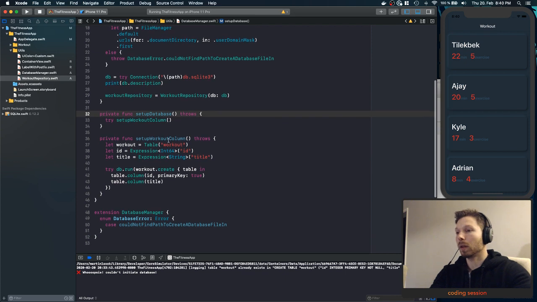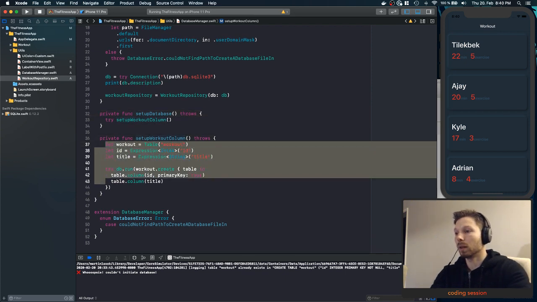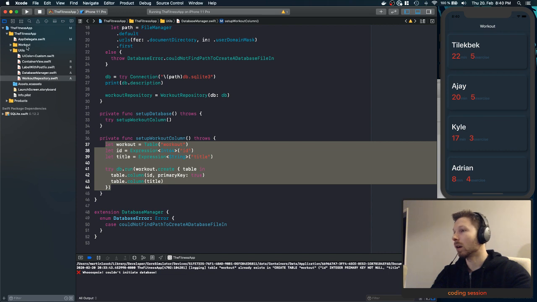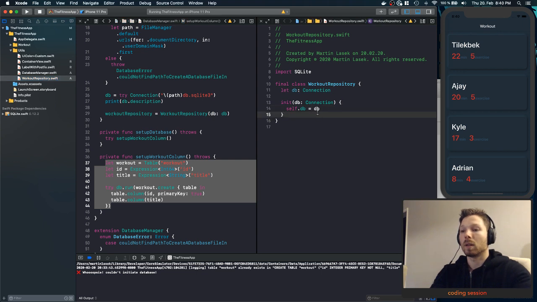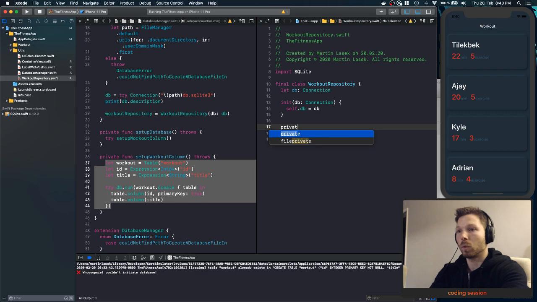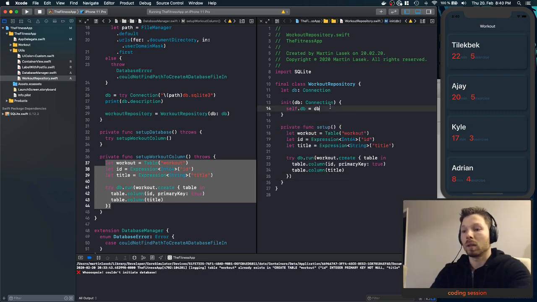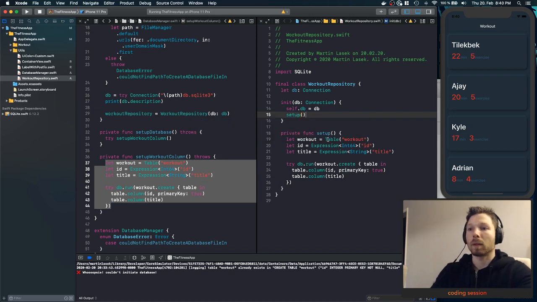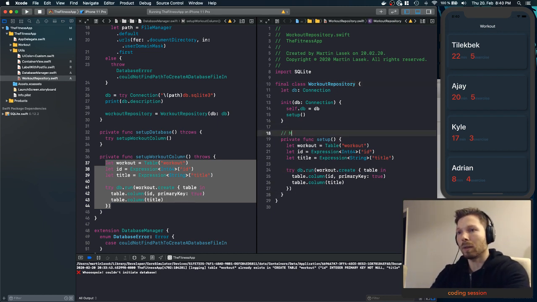And what we can do is we can say that all the setup right here is part of this one. So basically private func setup like this, and it's set up. So we are using the database connection that we have to set up the thing. It's in an own workout and it's done, right? And we can say this is private,